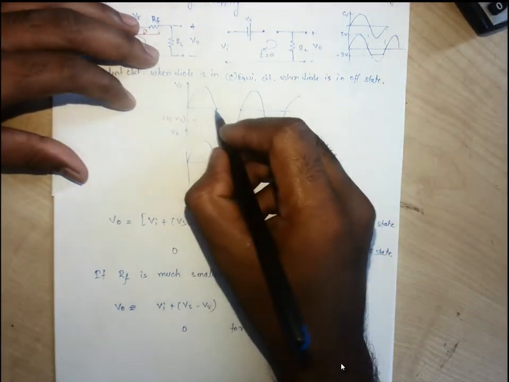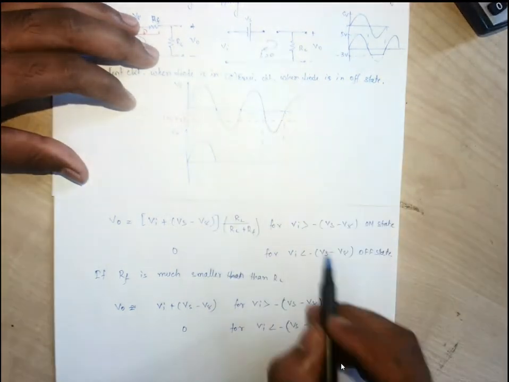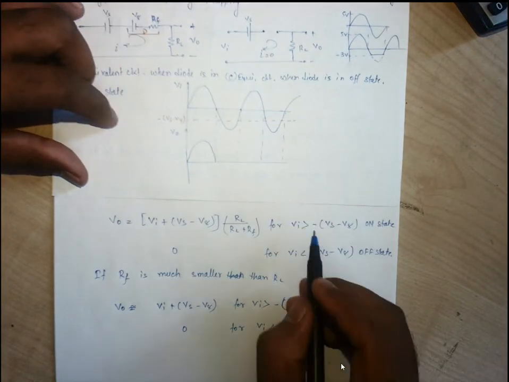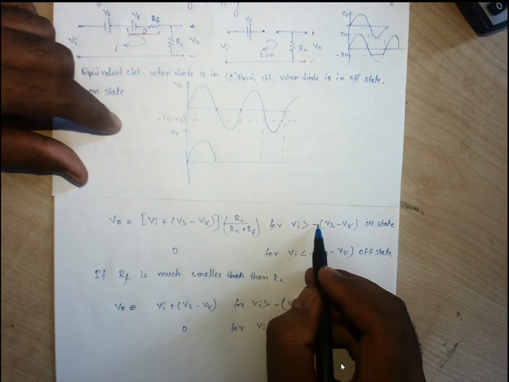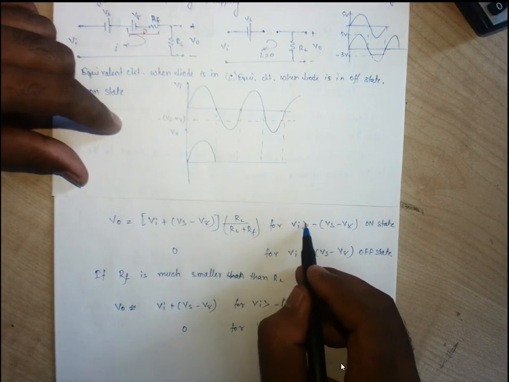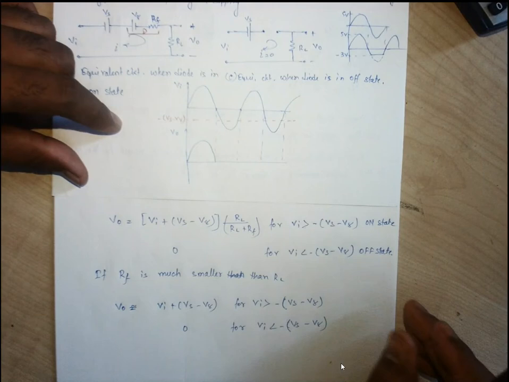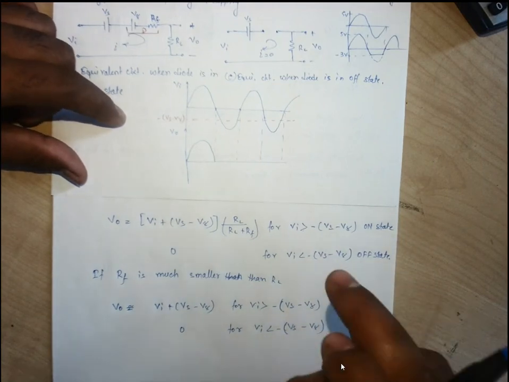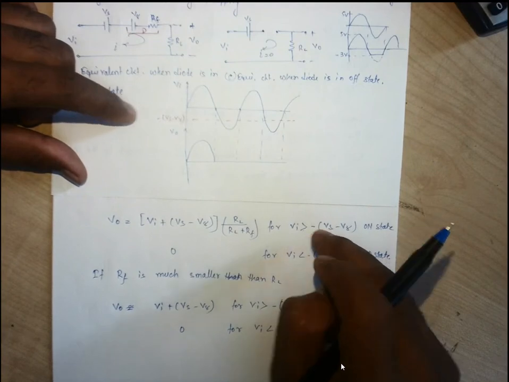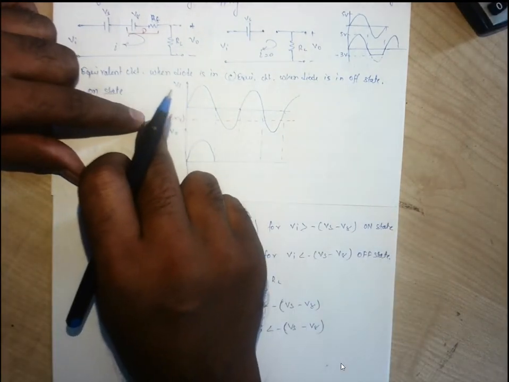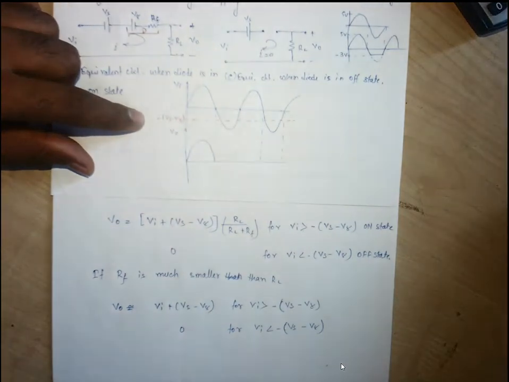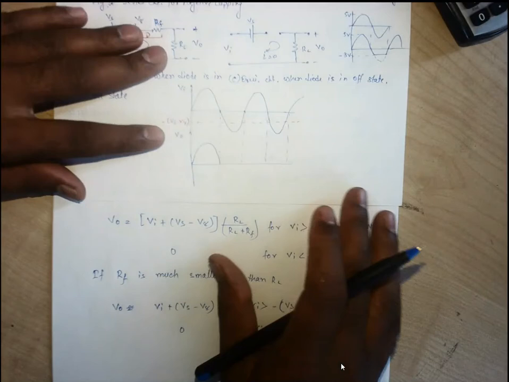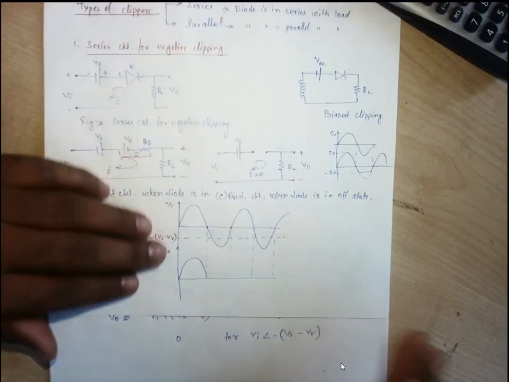So if we compare that, we need to connect a more negative with this diode, or we need to put a value which is more negative, that is greater than minus Vs minus V gamma. Then only our diode will be on. So for this case, if this boundary is minus 2 volt, minus 3 volt will make this diode on, so it is not possible. Because you just look at the circuit diagram.